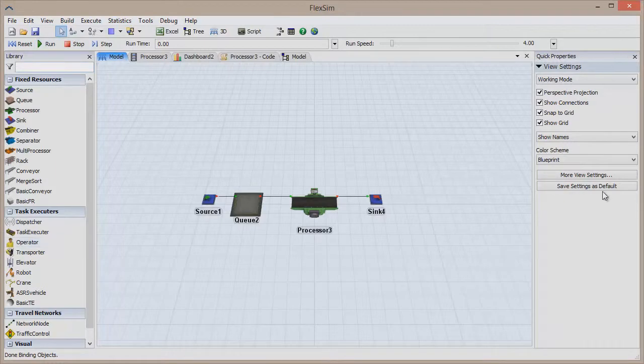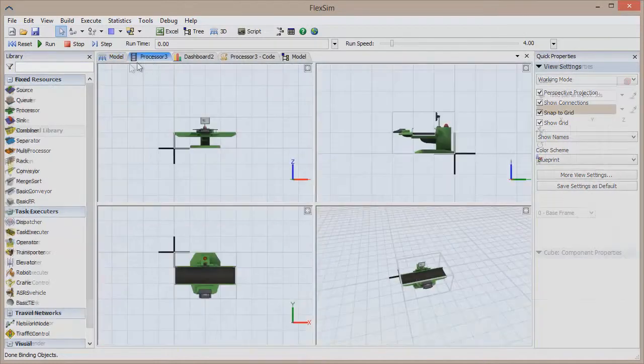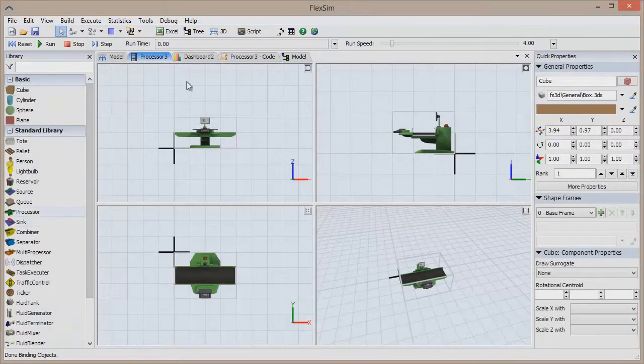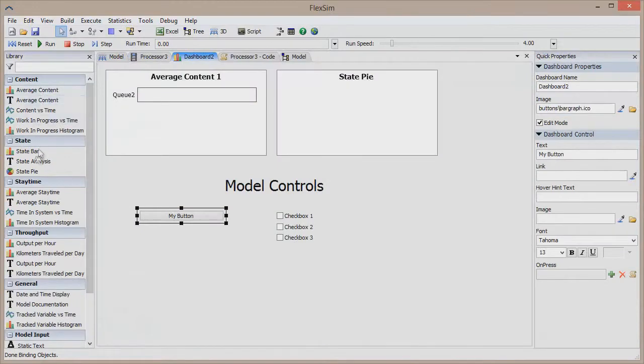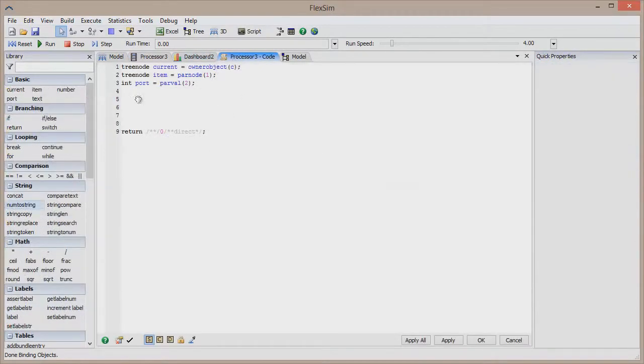The left and right panes are context sensitive, which means their content will vary depending on what you're currently doing. The left pane is typically the object library, just like in previous versions. But it can also be a shape library if you're doing animations, a library of graphs and buttons if you're using a dashboard, and a library of code snippets that can be drag and dropped if you're in the code view.